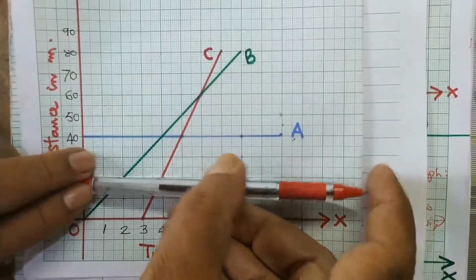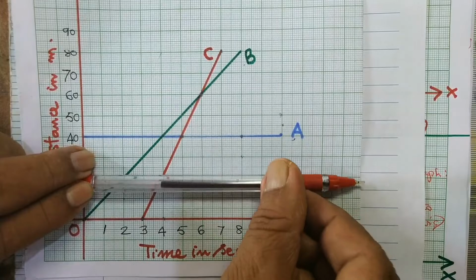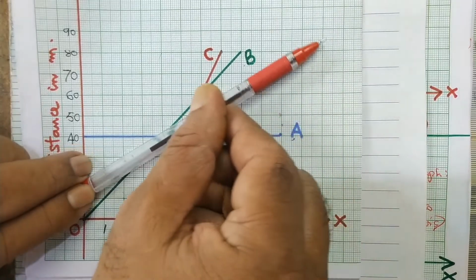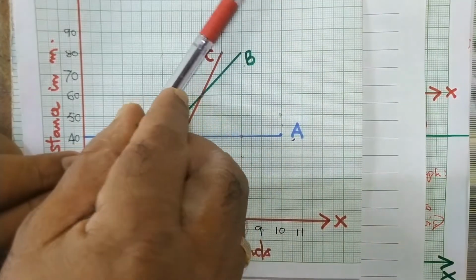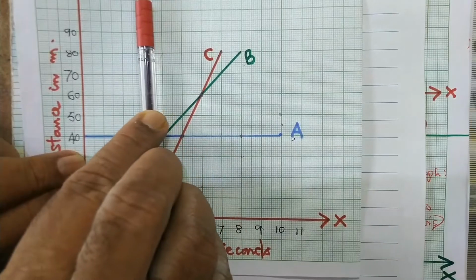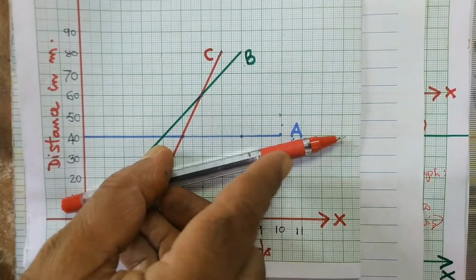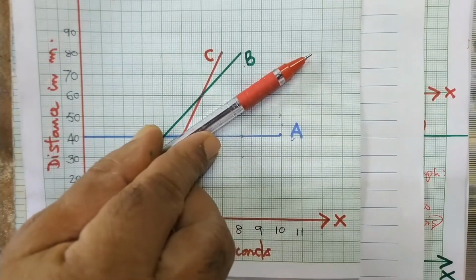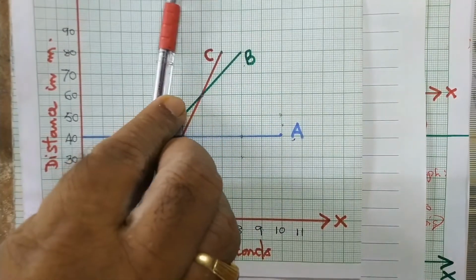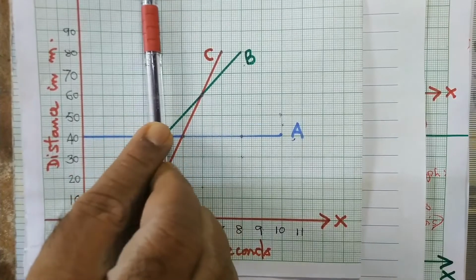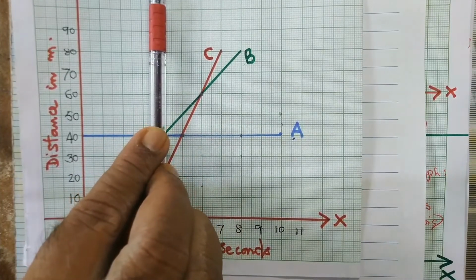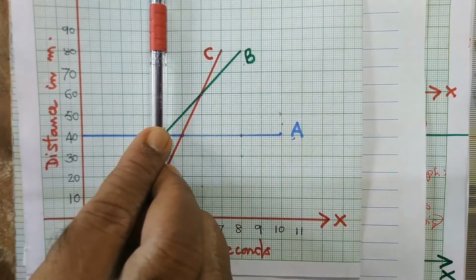Once again, I'll explain. If the line is like this, speed is 0. If it is moving like this, like this, like this, speed increases, increases and goes to infinity. I mean to say that the slope here is 0. Now it is having some slope, then more slope, more slope, some more slope. Finally, slope is infinity. Slope infinity means we can say that speed is infinity.